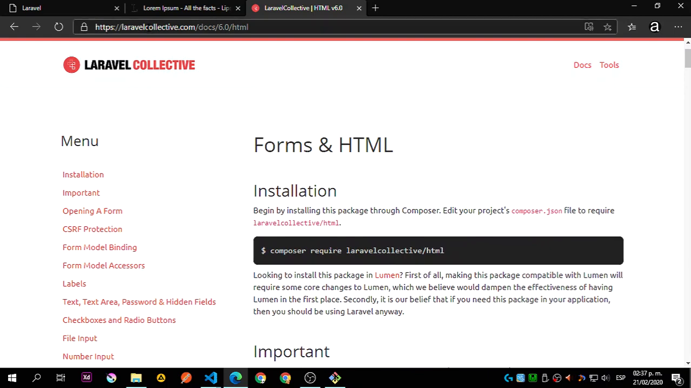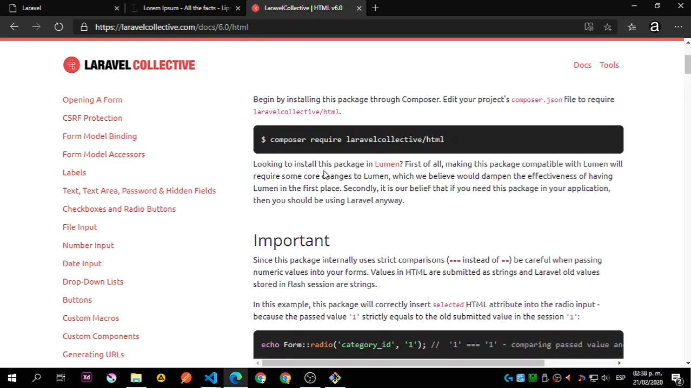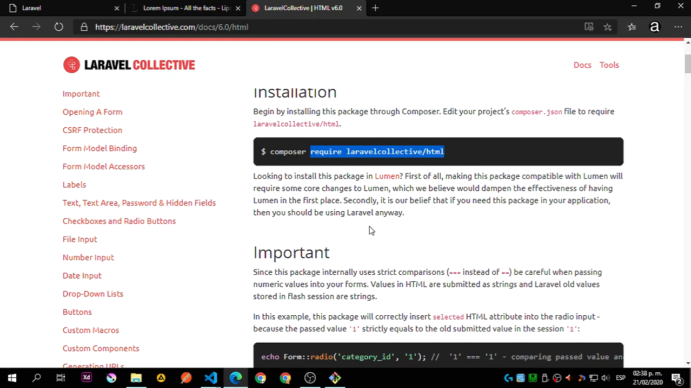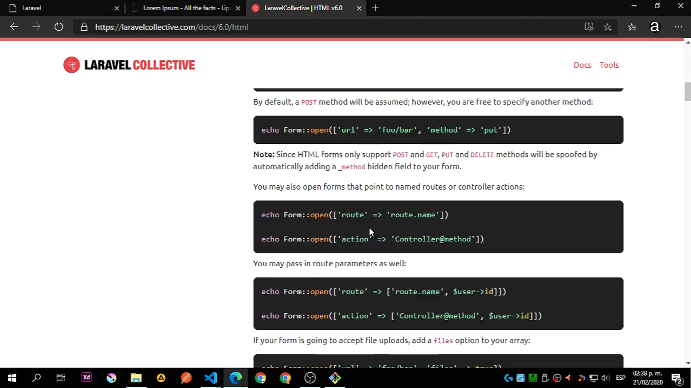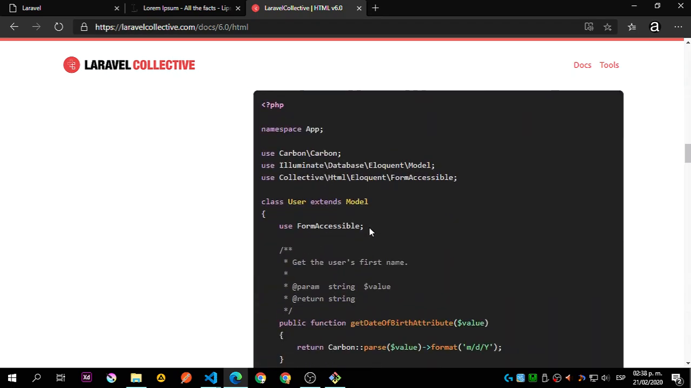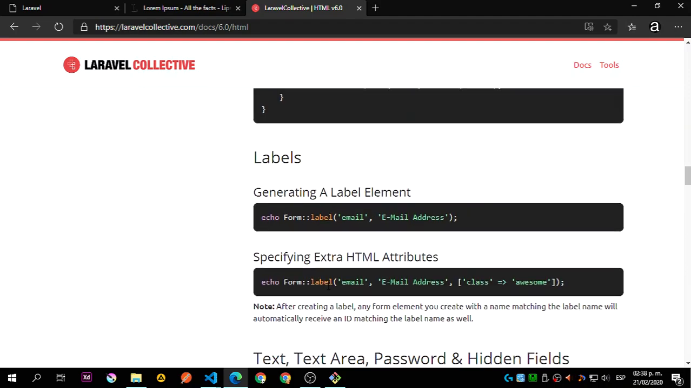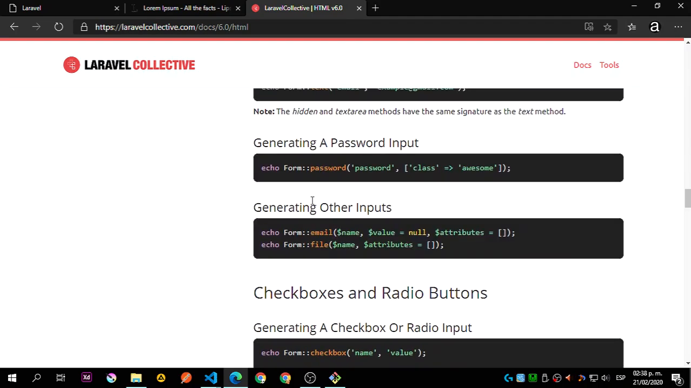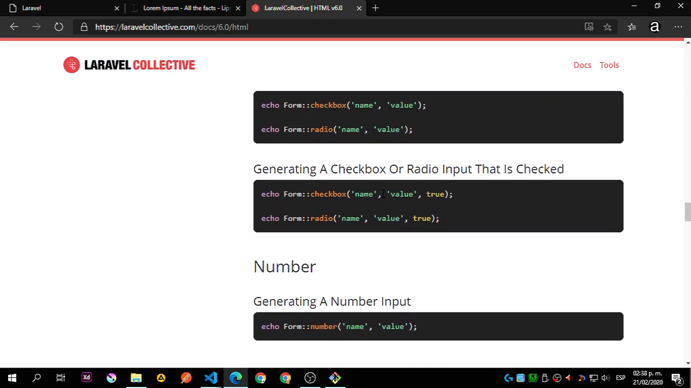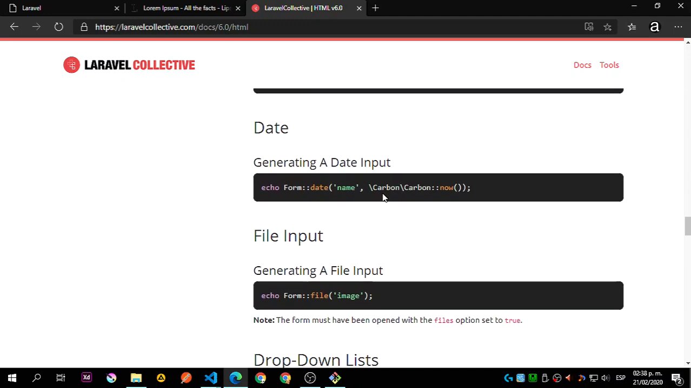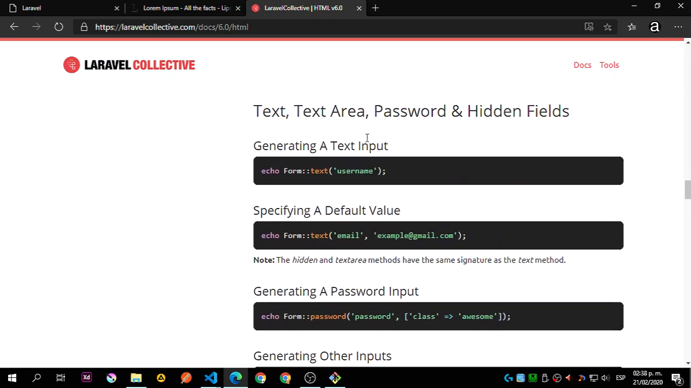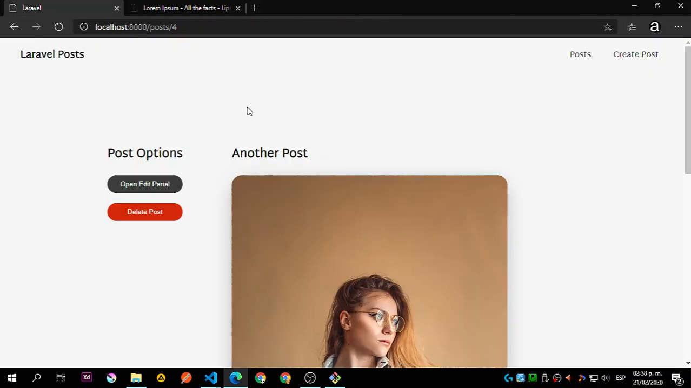So you can go to laravelcollective.com, the HTML docs, which is what we are using. I showed you how to install this. Then you have to follow whatever you need to do. So you can see labels, the password, and yep. In case you have any problem with that,